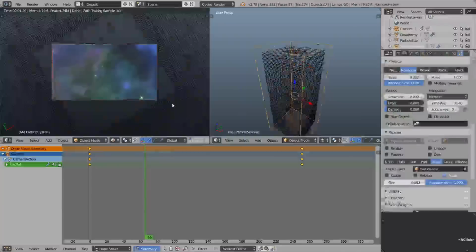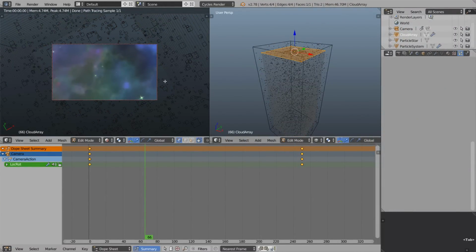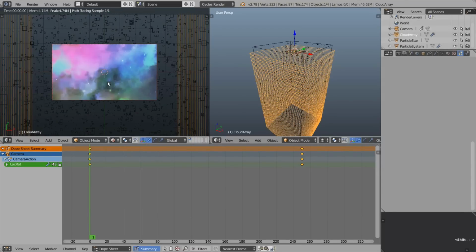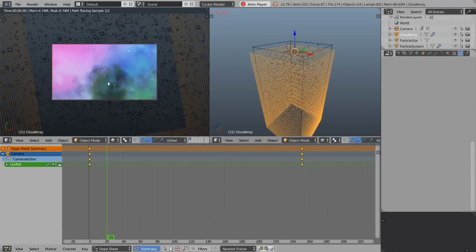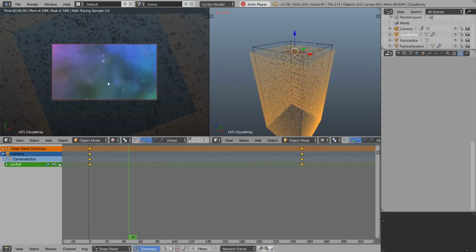So let's select the array, press Tab to enter into the edit mode, and press S to scale it out even further. So something like this. Let's press Tab again to enter back into object mode. Shift and left arrow back to the start again, and then let's press Alt A and see what we have again. So I think that's a pretty nice kind of drift through, but I think really I wouldn't mind the